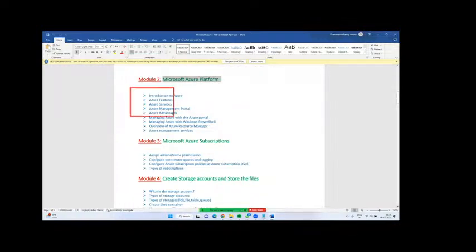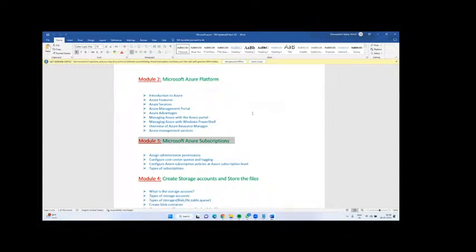Also, we will go through the Azure portal, which has many options. How to disable a few options and how to get frequently used services, we will see in module 2. Module 3 is subscriptions. What is a subscription, guys? Any idea generally? If we take any service and pay for it, then it's a kind of subscription. Yes, correct. Simply, I can say a subscription is nothing but a license.